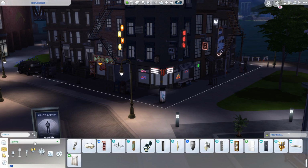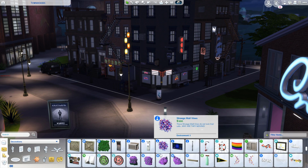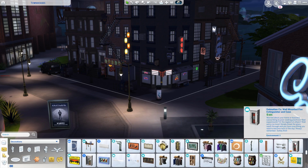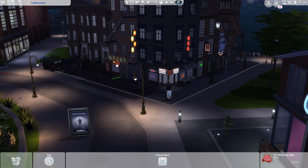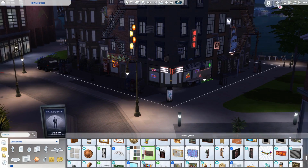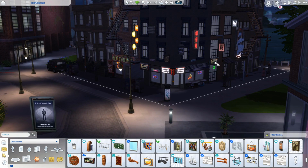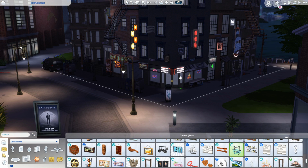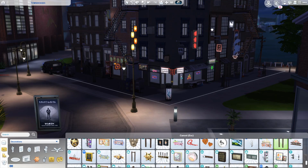I'm putting up some signs, as I said. I've also put up some air conditioners on the windows and more signs, some post boxes in the front, and a car parked in front of some apartments. And to the left, those are purely apartments. That building to the far left, that's purely apartments. And then the brick one, the red brick one, that one has the Asian restaurant